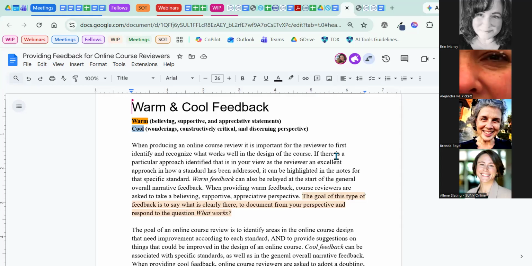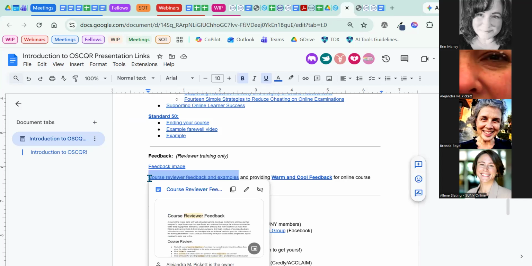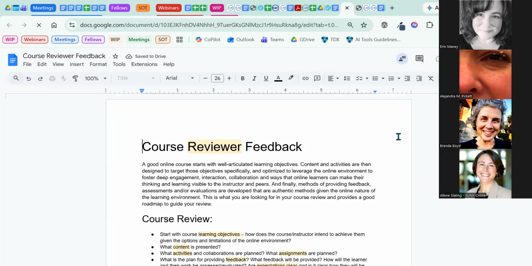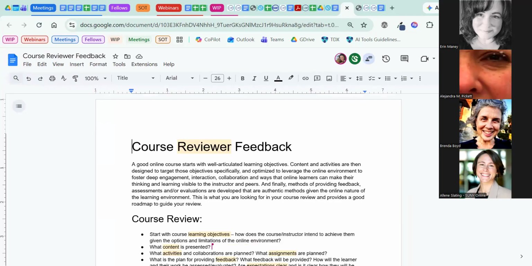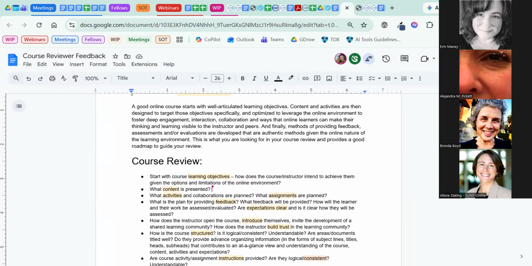I also have some examples of feedback that I've given to instructors. I want to qualify that I'm not saying you should give feedback the way I do. I don't capitalize things, and I use the word love a lot. I'm just showing you some examples of feedback I have given some faculty on occasion. So you can take a look and take whatever you would like from that. But you are going to be you, and you're going to have to work within your context and with the folks that you are reviewing. All right, what's next? Let's do questions.